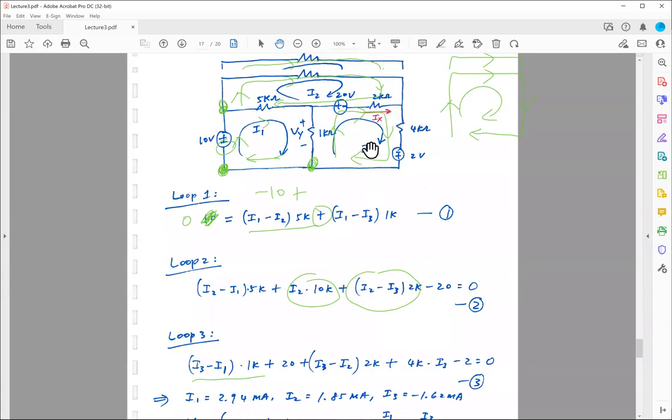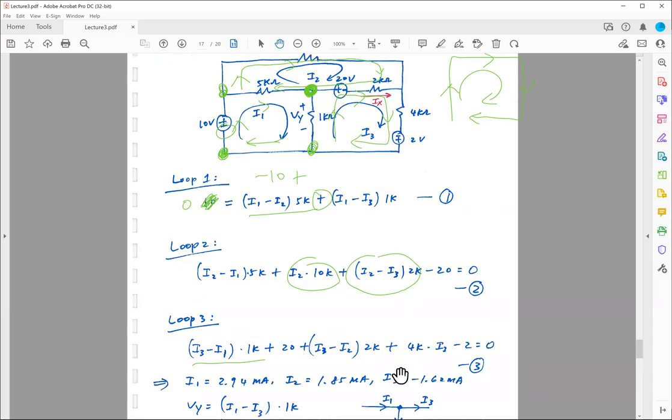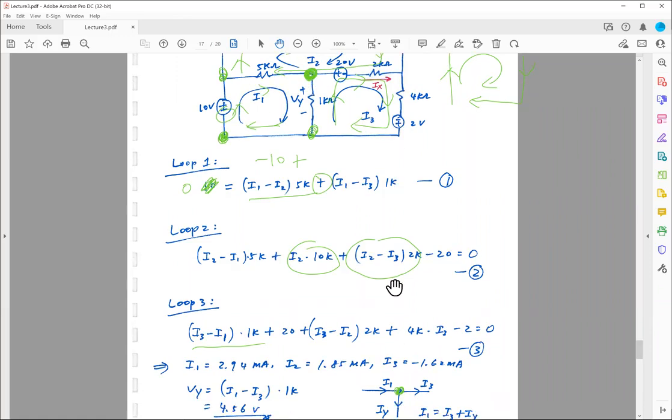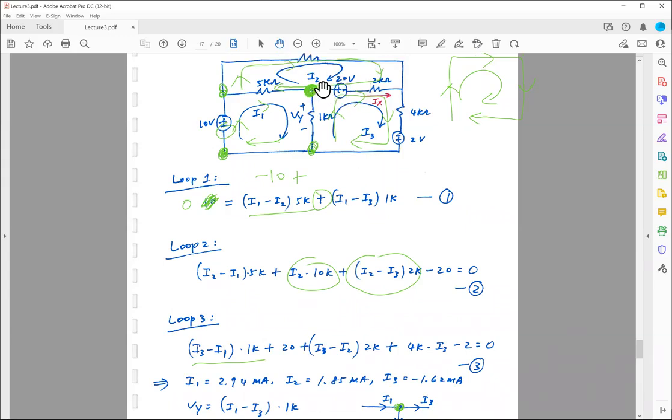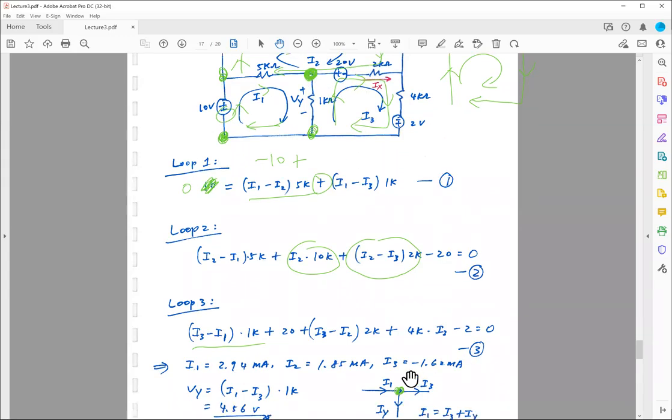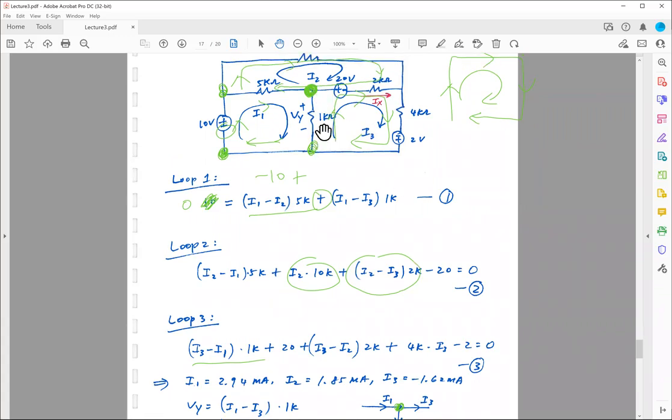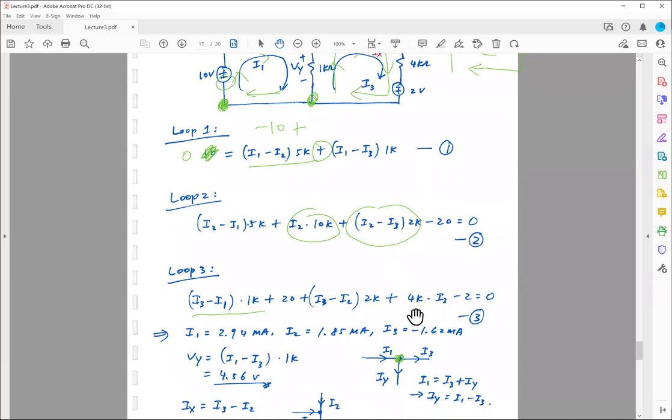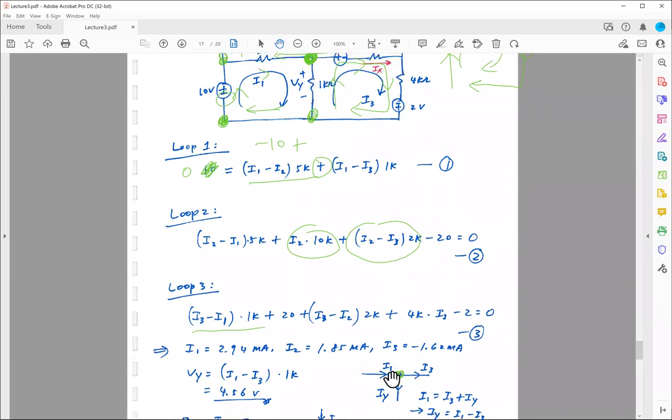As far as this node is concerned, if I put a dot here, this dot is this dot. Current I1 is entering this dot. Current I3 is leaving this dot. Current Iy, which I call, is the current flowing through this 1K, going downwards, okay? And I need to know this current so that I can multiply it by 1K to find my Vy,